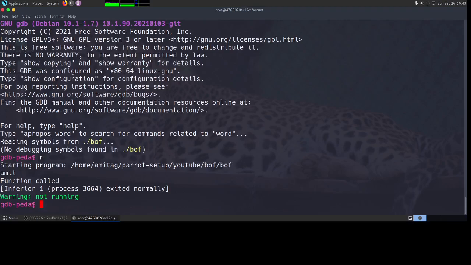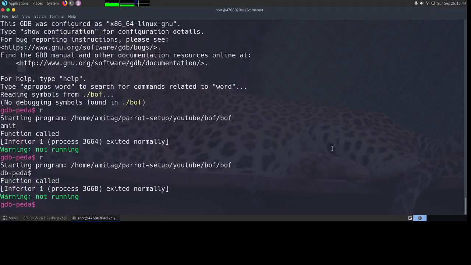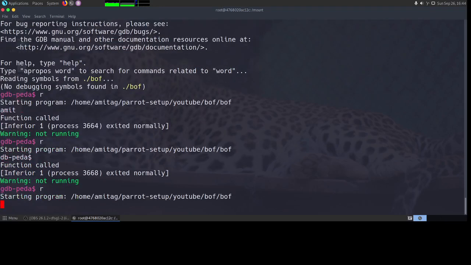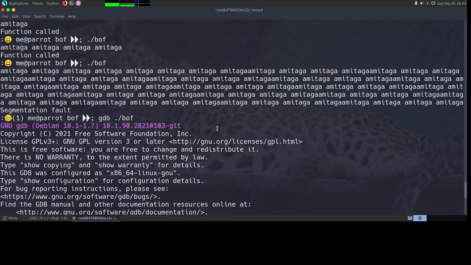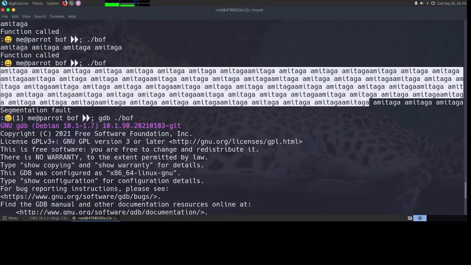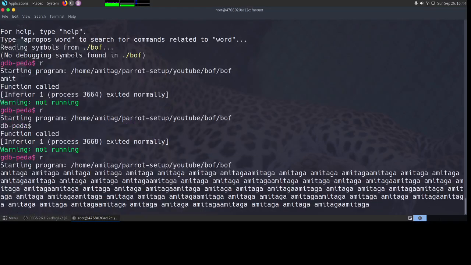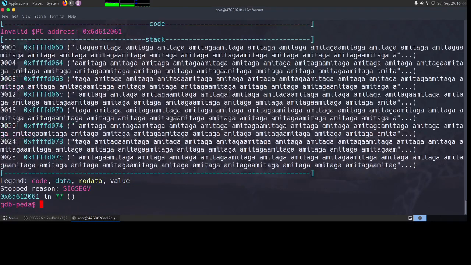Now we want to crash this again, so I am going to run this again, and then we will give the same input that we had given earlier. And press enter.